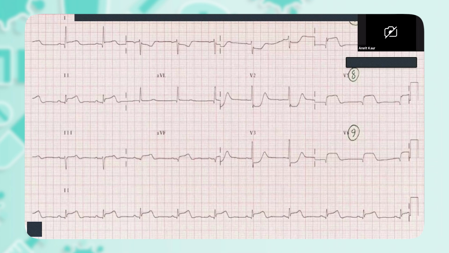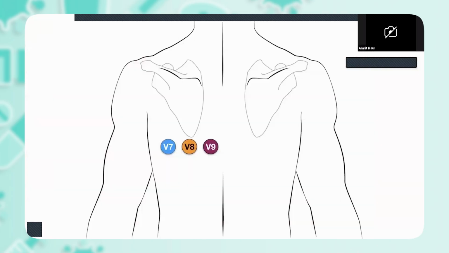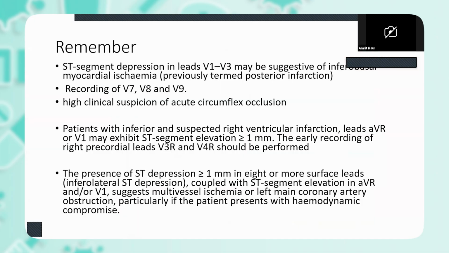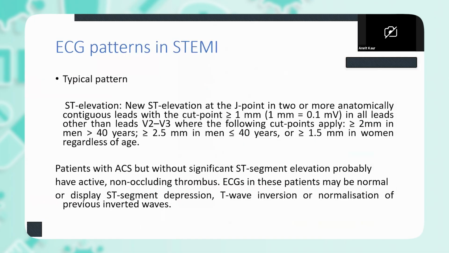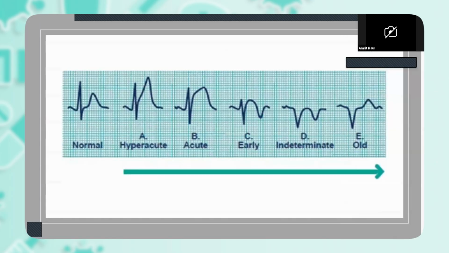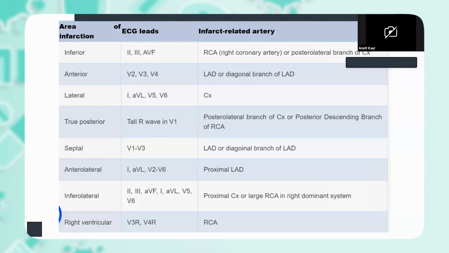For posterior wall MI, always think it could be either a circumflex artery or a right coronary artery. More commonly, it's the circumflex that causes your posterior wall MI. Then if we come back to this slide, for the right